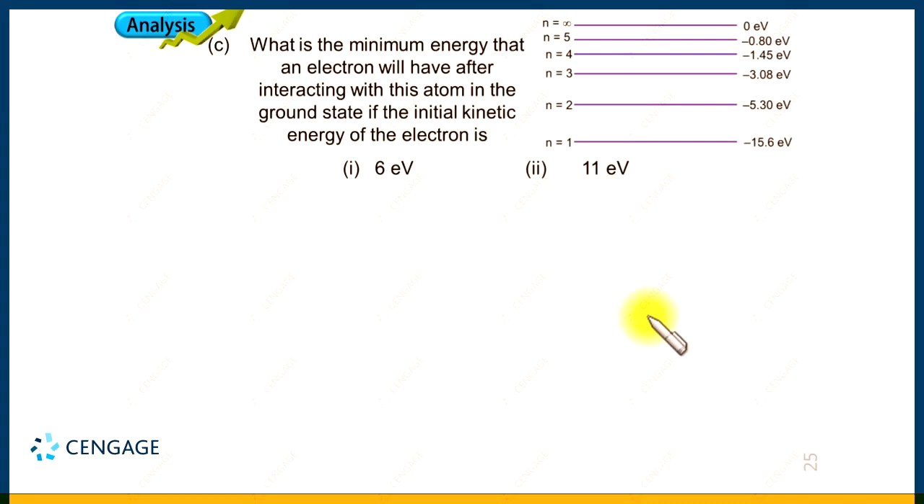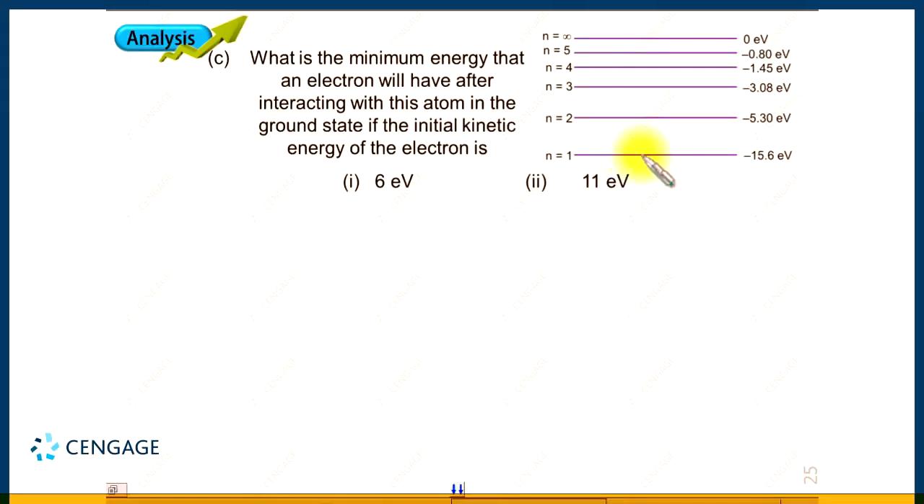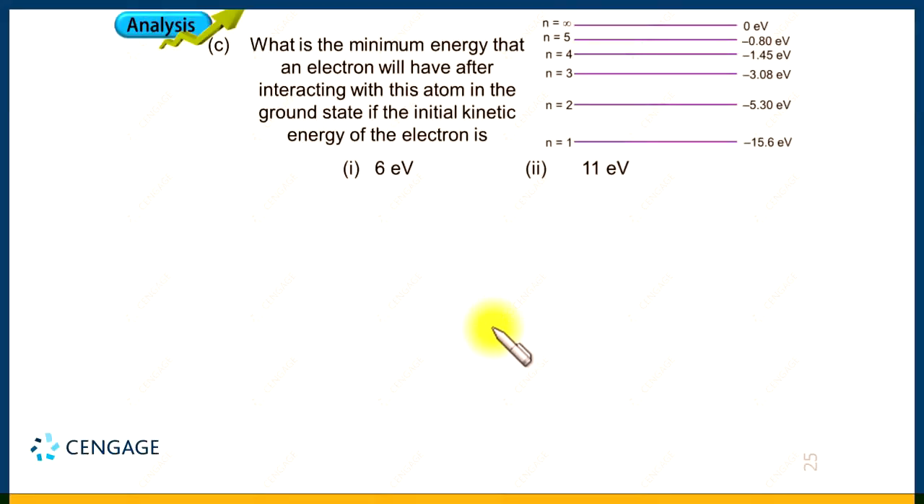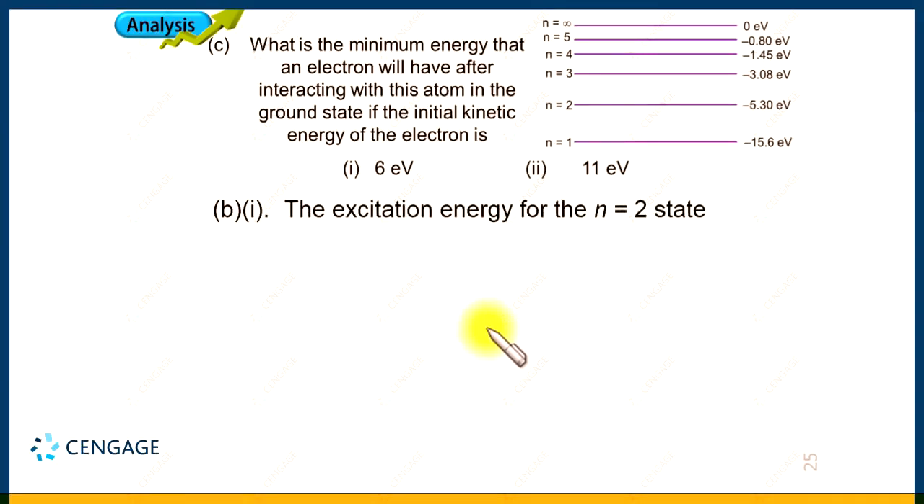That is, if the electron has energy greater than the energy required for transition from n equal to 1 to n equal to 2, then only this hypothetical atom will interact with the electron. So first of all, let us calculate the excitation energy for n equal to 2 state. That will be delta E equal to E2 minus E1, and E2 equal to minus 5.3 electron volt and E1 equal to minus 15.6 electron volt. That is minus 5.3 minus minus 15.6 electron volt,